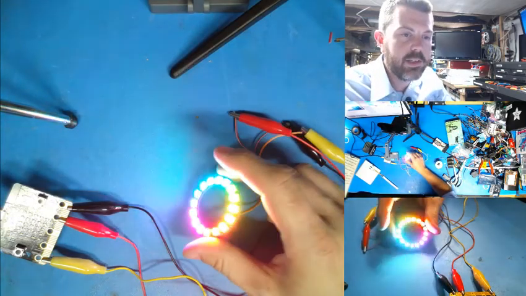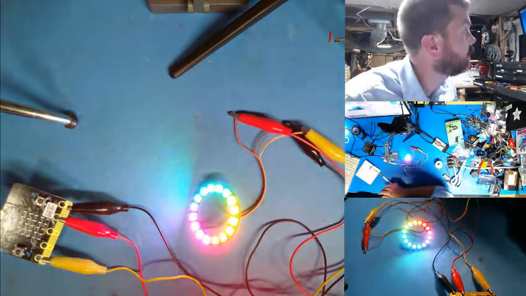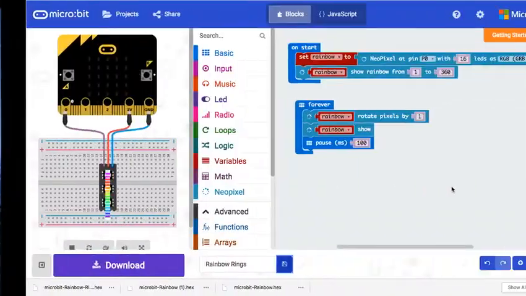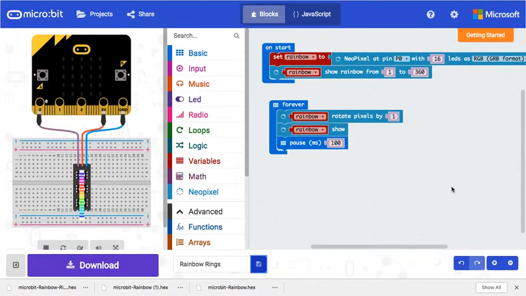Cool. So now let's advance this. The next thing we're going to do to advance this is we're going to hop back over to the desktop so you can see what's going on on the desktop. I'm going to go ahead and disconnect this micro:bit here. You can't see me, but I'm just going to move that out of my way. So the next thing I'm going to do is change it to 32, and I'm going to name this